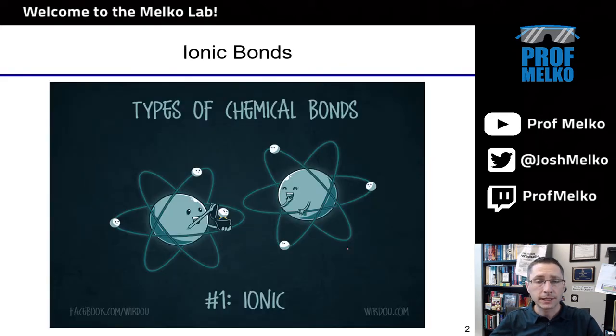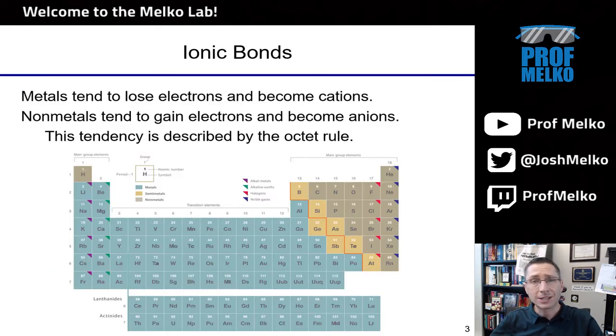First, ionic. That's what we see here. One atom is giving an electron to another atom. Okay? They're not shared, but a total transfer of electrons. That's the nature of the ionic bond. Now, what forms ionic bonds? We've learned previously it's usually elements on the left combining with elements on the right. And that's because these metals tend to lose electrons to approach their octet or noble gas configuration, and these elements on the right tend to gain electrons, becoming anions, to achieve their noble gas configuration.